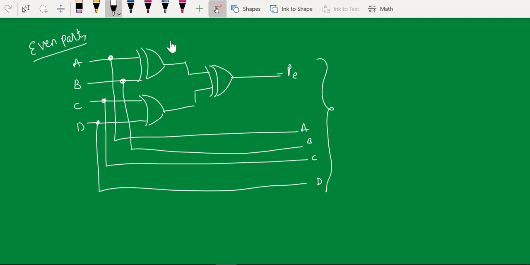So this is how we generate the even parity and send to receiver side.